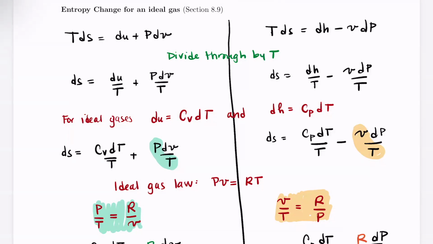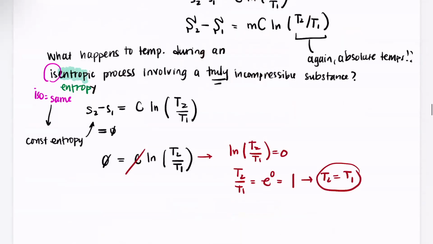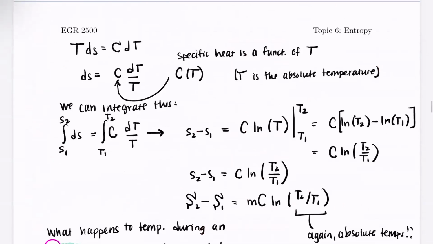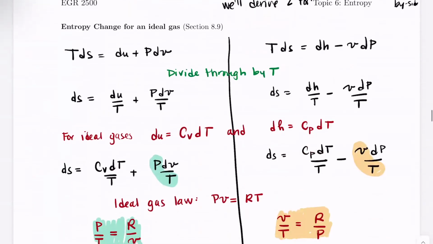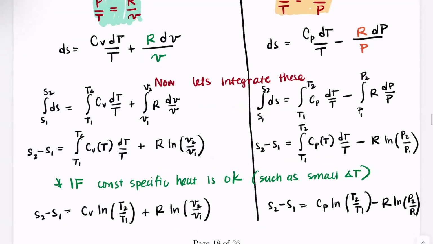Just to recap where we left off last time. This unit, we're talking about entropy. And at the end of class last time, we started talking about what happens for truly incompressible substances and for ideal gases. So we did a side-by-side derivation to see what these relationships look like for an ideal gas. And we came up with two relationships that connect entropy difference to